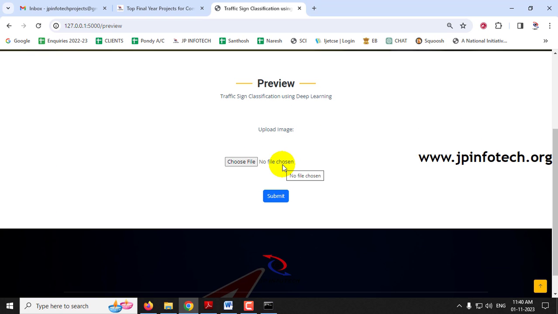And here comes another question to you: what happens if you select some other image, for example your face image or an animal image, or an object, some other image like that? If you give some other image, it gives some random result only, because we cannot train the model with all the images that are available in the world. It can be done, but the model becomes very big, so it is not possible for a short duration of time. So now let me select a second case image.